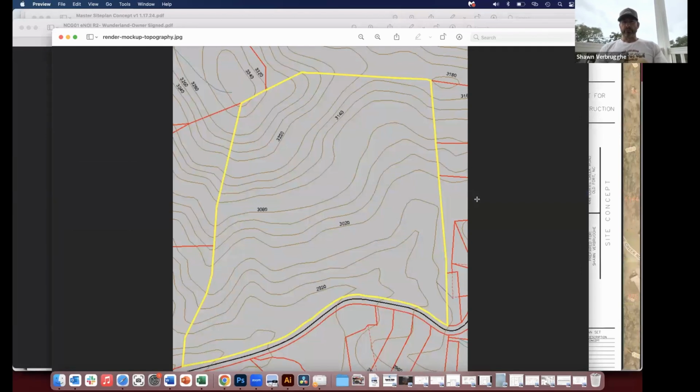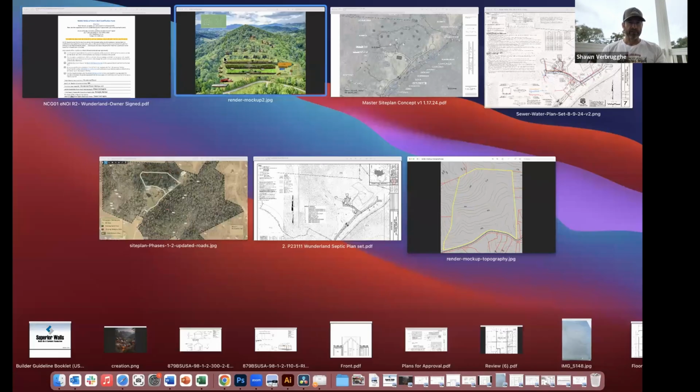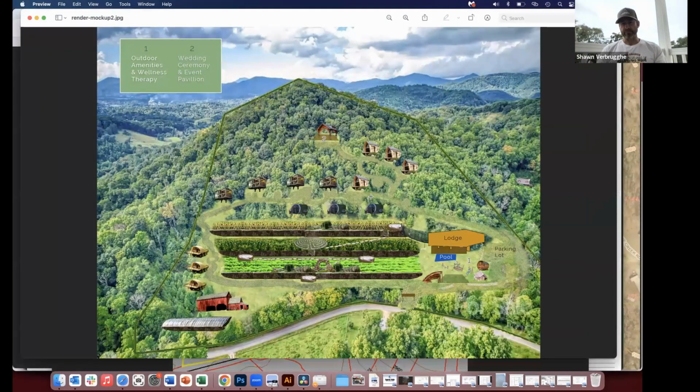So in order to really come up with a budget for this project, it's tough to budget a project where you don't have land. That's where we were at probably about a year and a half ago, maybe almost 2 years ago now. So I found this piece of property that looked like this. This is basically just the topo of the piece of property that was, I think, around 30 acres or so. It didn't check all the boxes for us, but what it did was it allowed me to create this mock-up of, okay, here's what a